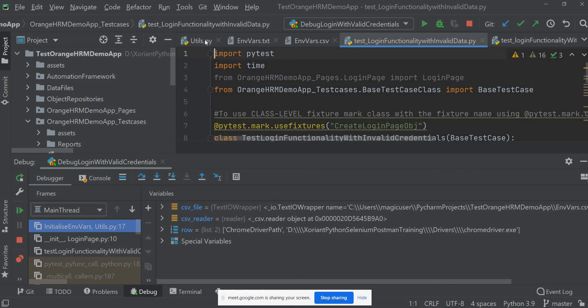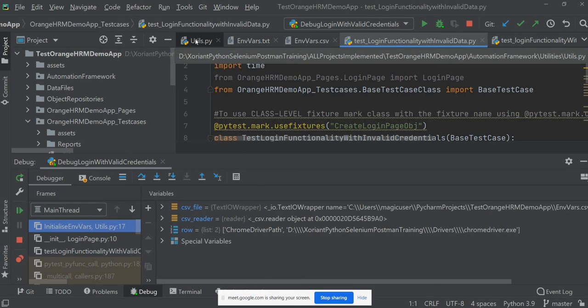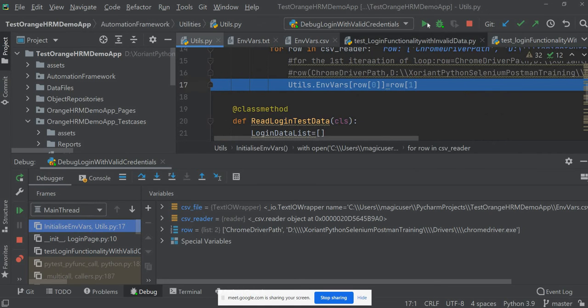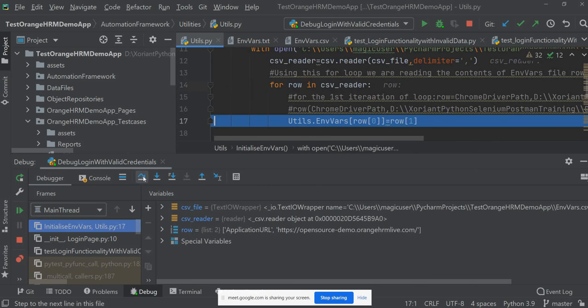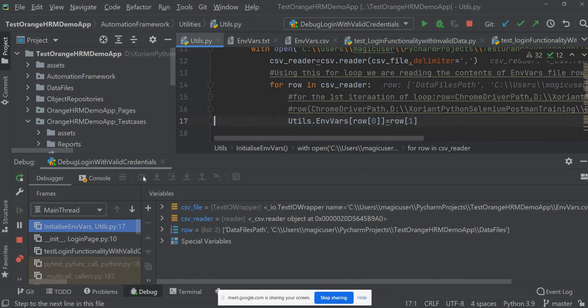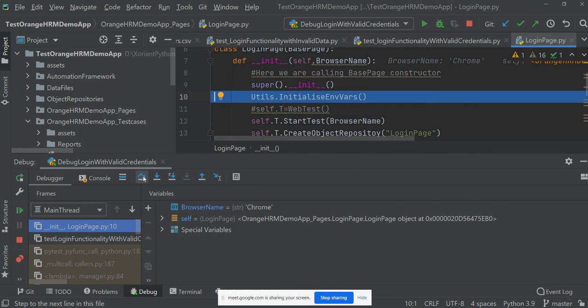Let me go here and step over. So it is creating a dictionary. I'm doing step over. Correct, it is back in the login page constructor after creating the dictionary.